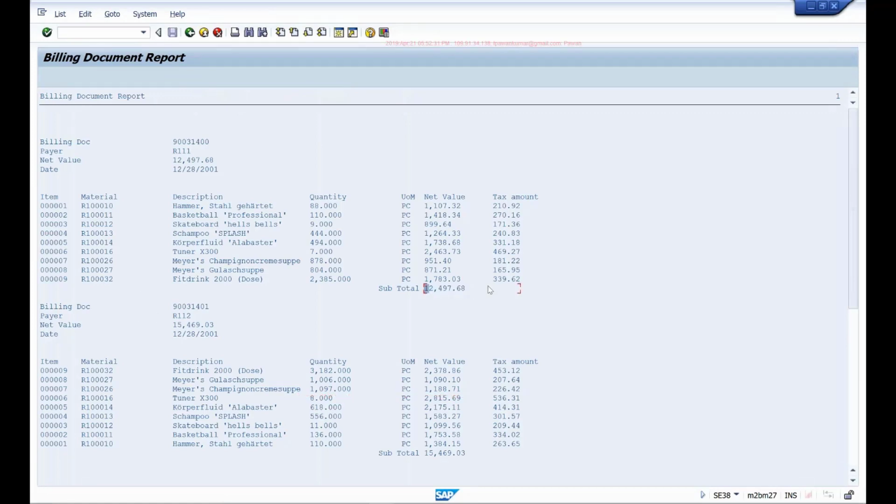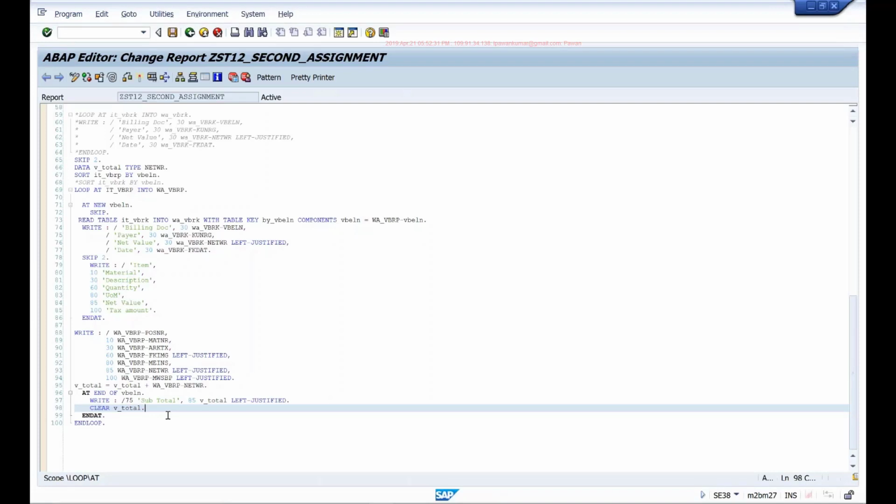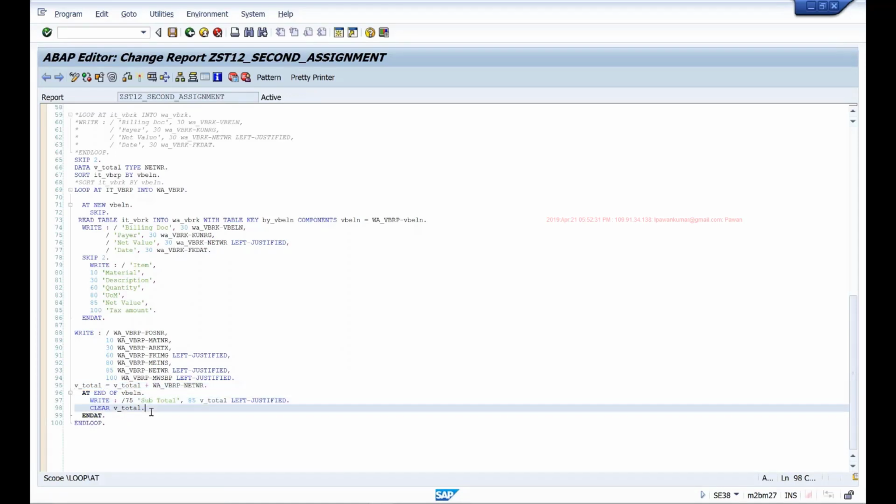So it's printing this document's subtotal, then this document's subtotal. So we are just manually adding up, right? Why am I clearing it? Because after printing the subtotal, in the next loop the new document starts. If I don't clear this, it will keep on adding the previous document's total to the next document's items, right? So I'm clearing it so that it resets and starts again from 0. So this is how you can handle it.